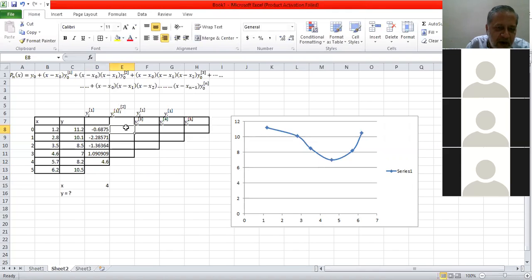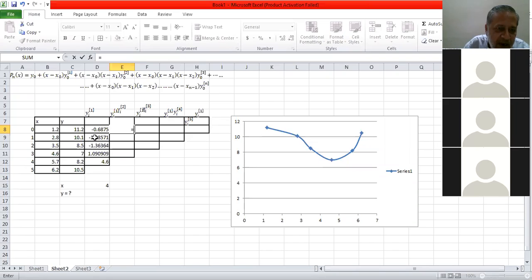Let us see second order divided differences. मैंने ये हेडिंग डाली थी लेकिन काम नहीं आ रही। सेकेंड ऑर्डर डिवाइड डिफरेंस। हमने देखा था कि सेकेंड ऑर्डर डिवाइड डिफरेंस मीन्स व्हाट? इट मीन्स द डिफरेंस ऑफ 2 फर्स्ट ऑर्डर डिवाइड डिफरेंसेस। तो भाई फर्स्ट ऑर्डर डिवाइड डिफरेंस जो है वो ये